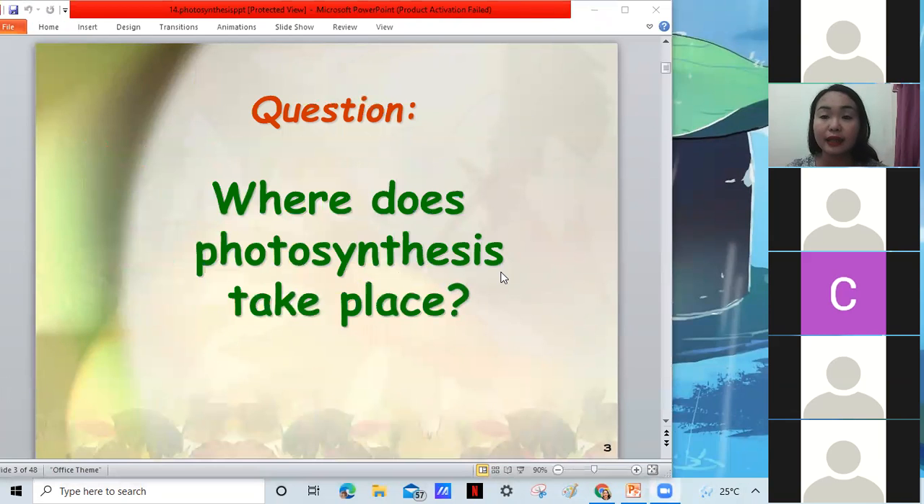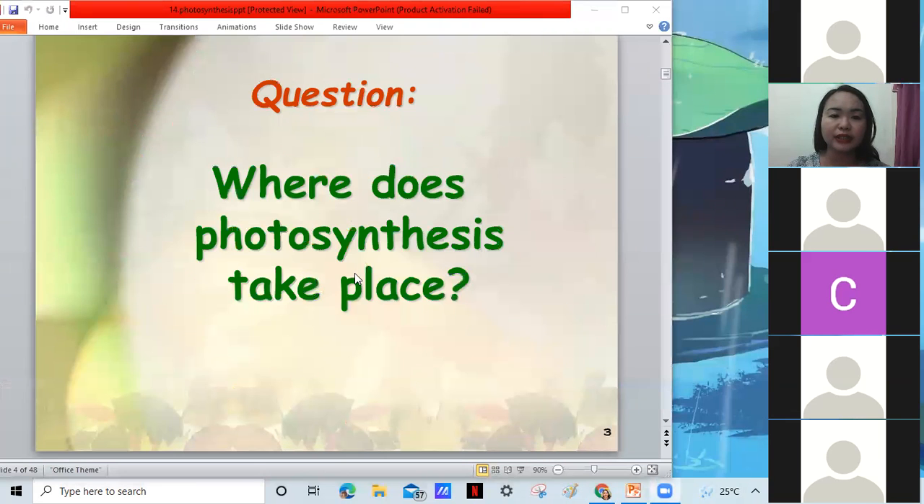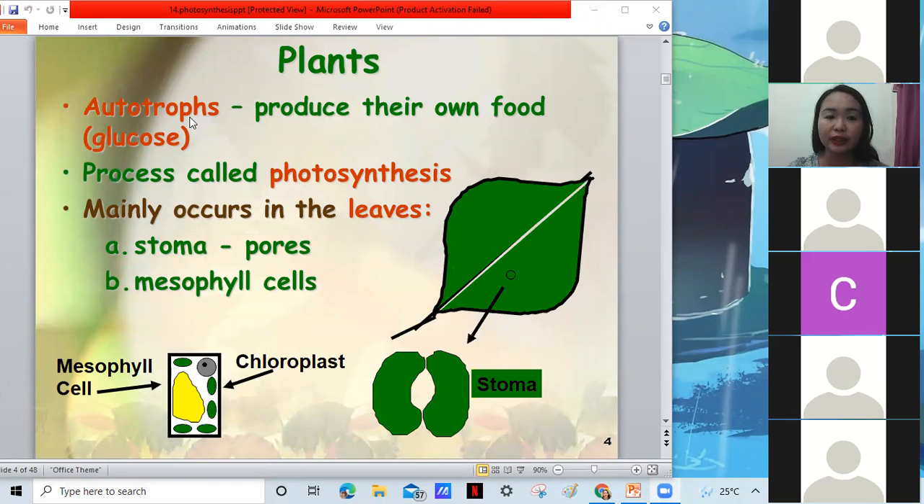Definitely in the leaves, no? So, as you can see here, as I just mentioned earlier, autotrophs means any organism, but mostly plants, which produce their own food, like glucose, in a process called photosynthesis. So mainly, our photosynthesis occurs in the leaves, and it has been shown in the video presentation. And specifically in their stomata or pores,